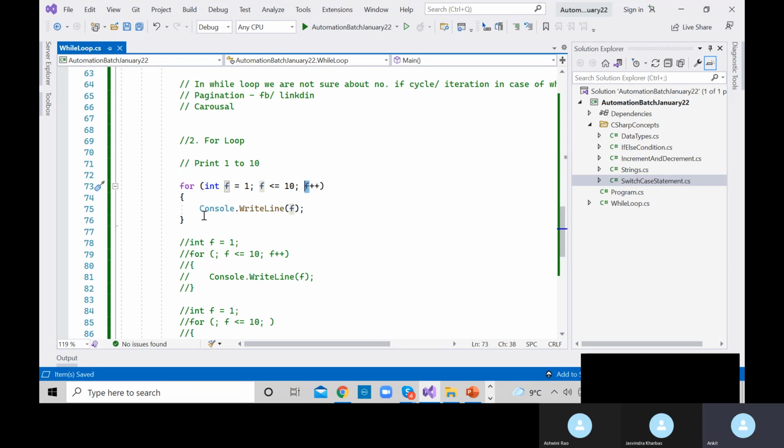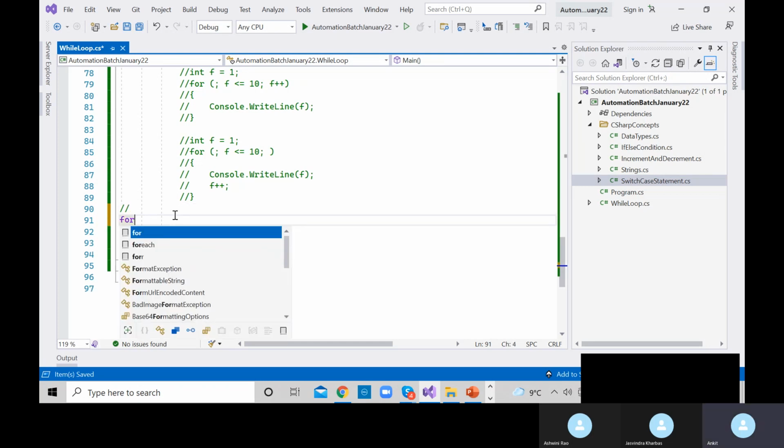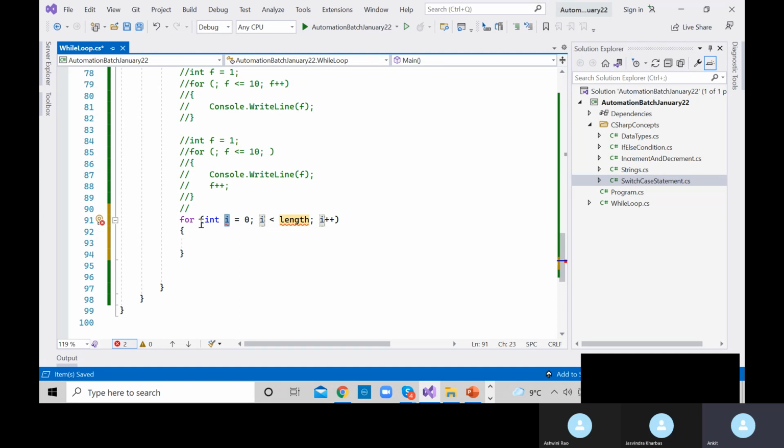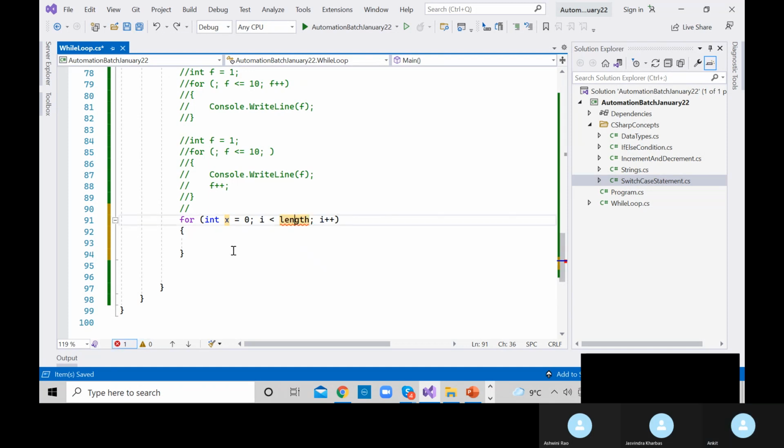So my question to you is how to print an infinite loop using a for loop. We have done the infinite loop concept in the while loop, but how to do it in this particular thing? Obviously you need to write the condition in such a way. For example, let us say x is equal to 0 and the condition is x is less than or equal to 10, and print